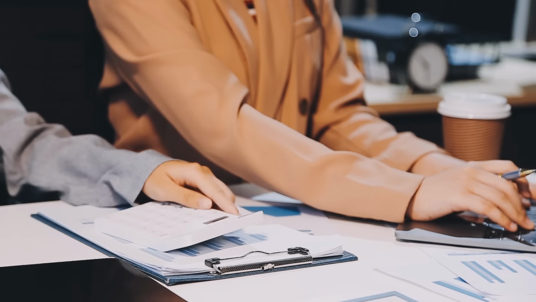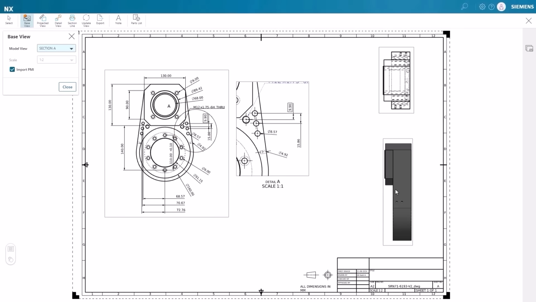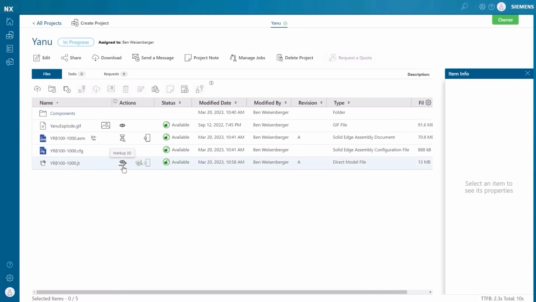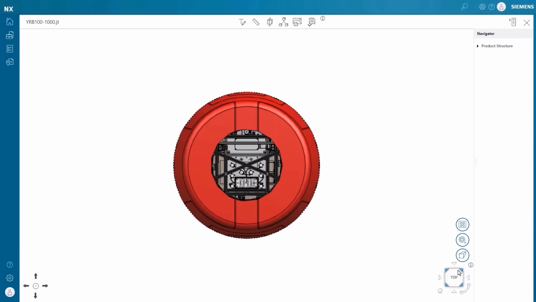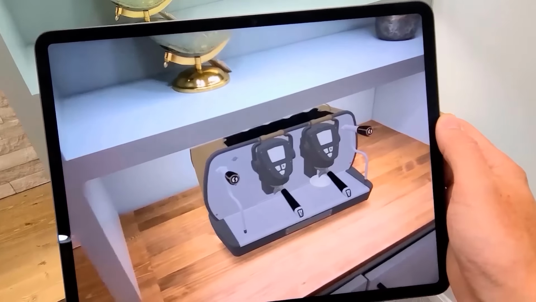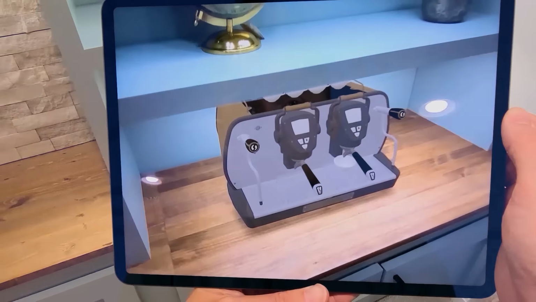Procurement creates a drawing for a quote, leveraging existing engineering PMIs. A marketing team member pulls up the latest design to create visuals for a product launch, confident they're using the accurate, up-to-date geometry. And yes, even your sales team can showcase design concepts during a pitch, with augmented reality, helping close the deal faster. NXX Essentials opens the door for more people to contribute, securely, efficiently, and without any barriers. It addresses how and where your work actually gets done.